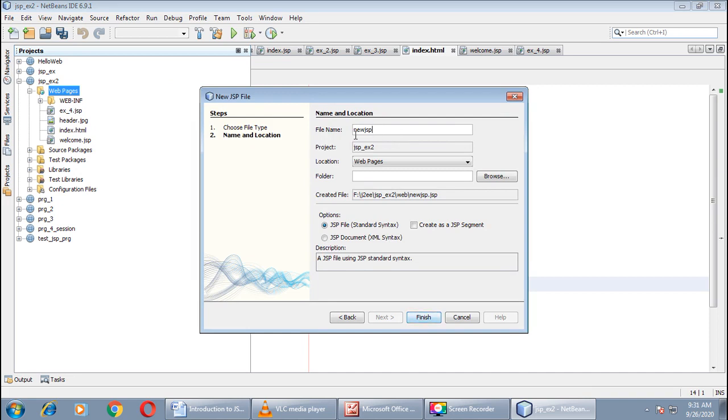Give an appropriate name. I want to give welcome. As you know that welcome is already used, so it is showing an error. The file welcome.jsp already exists. You can create another file with another name, like for example welcome1, and click on finish.